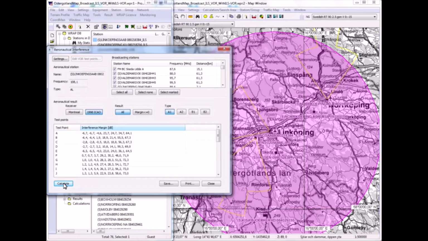So then I calculate, and it runs all these interfering calculations now, and I can sort on the interference margin. A negative value indicates that there is an interference risk that has been identified, and we can sort on it to find the worst. Yeah, it was test point A here that gave the worst interference,